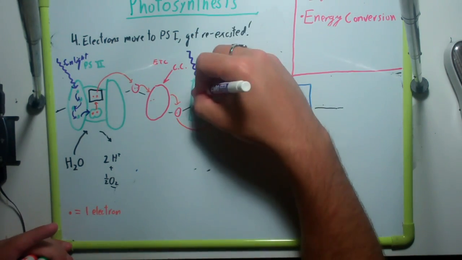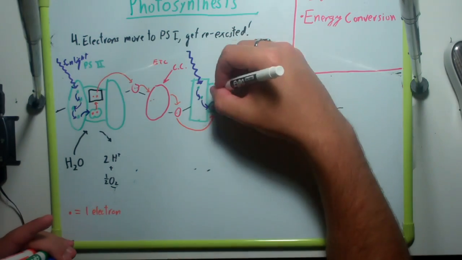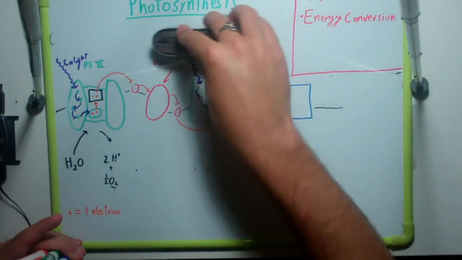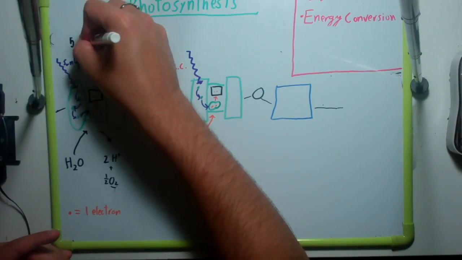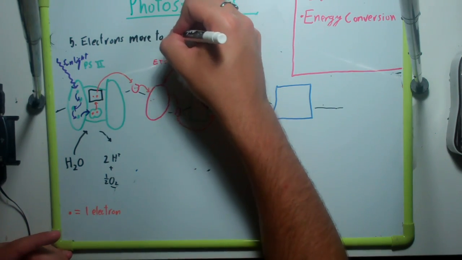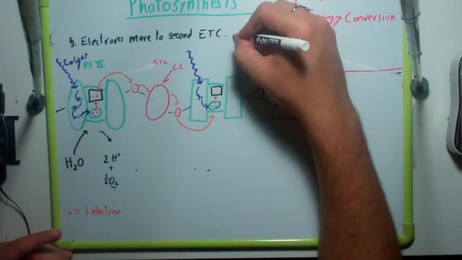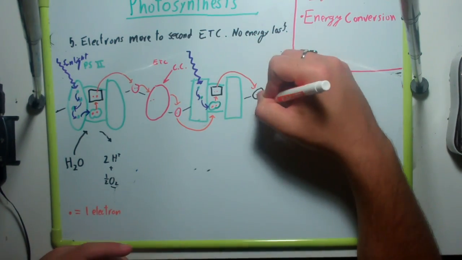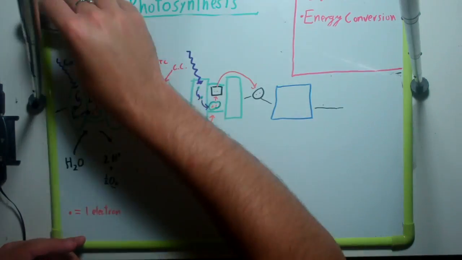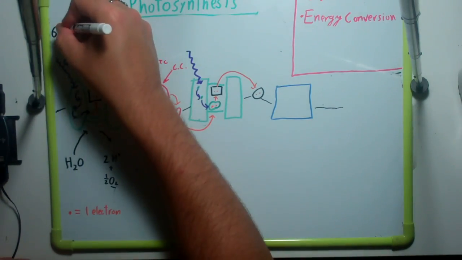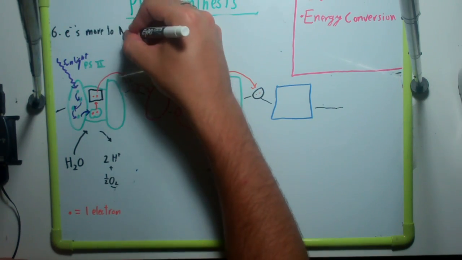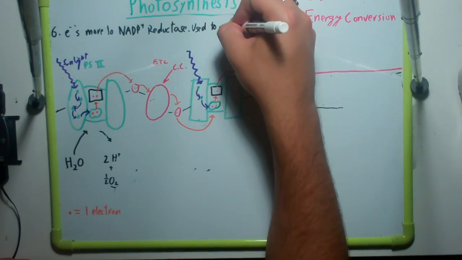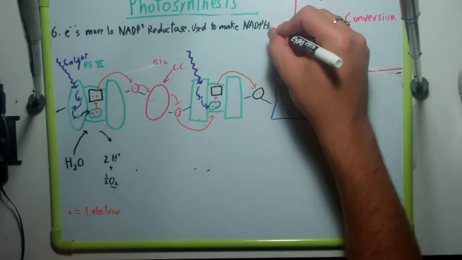And the process here is essentially the same as photosystem 2. A photon of light comes in, it excites chlorophyll molecules, they play hot potato with the energy, and they eventually reach that special chlorophyll A molecule that has our two electrons with it. The electrons are excited, and they go to the primary acceptor region of photosystem 1. After that, our excited electrons go to a second, very short ETC, and they don't lose any energy this time. It's just a transport mechanism. They merely pass on through to the next and last part of their journey, at least in the light reaction,